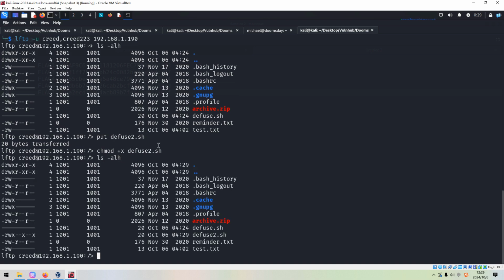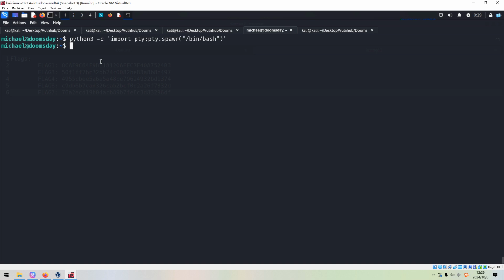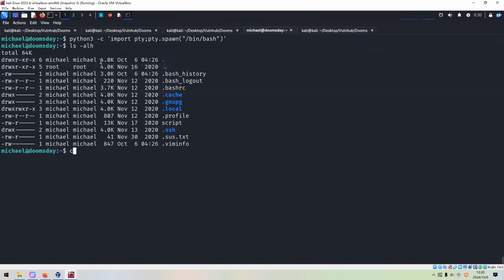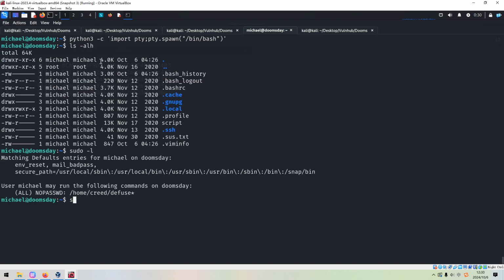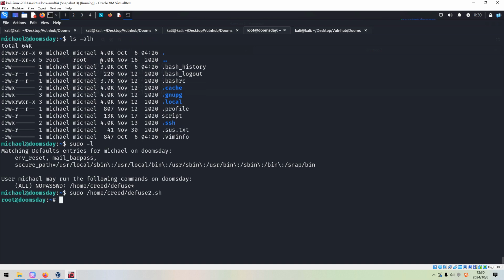As you can see now, this shell script is executable, right? So now we can go back, and then we can sudo /home/create/diffuse. As you can see, we are successful in escalating privilege.